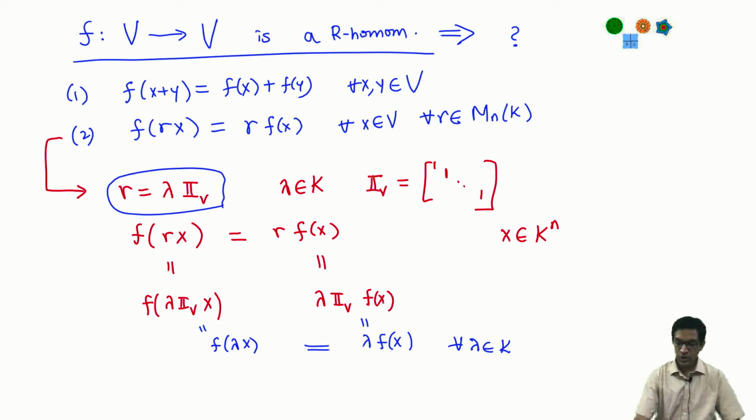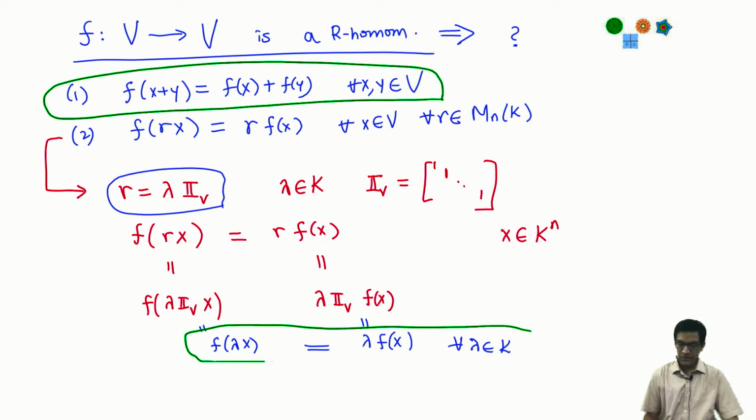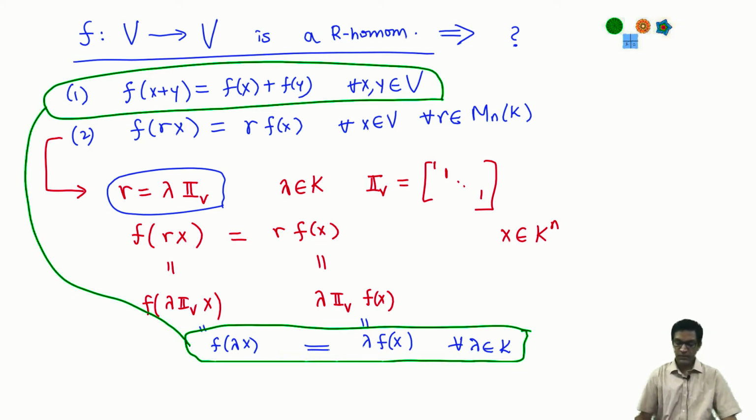This should remind you of something that we did last time for another example. We now look at the additivity property from the first axiom, together with this special property we have concluded. What do these two things tell us? It tells us that if you think of V only as a vector space over K, then f is a linear transformation. So these two properties tell you that f is nothing but a linear operator on V.